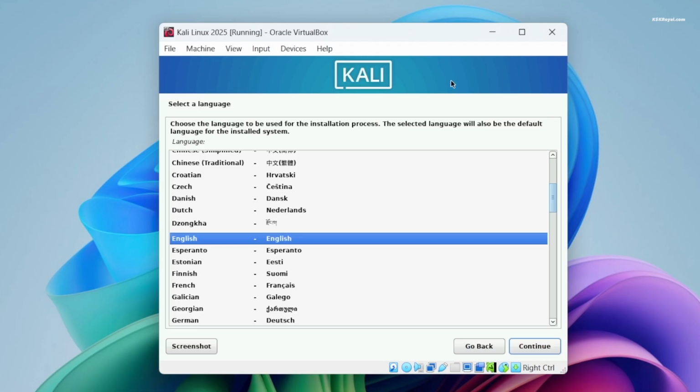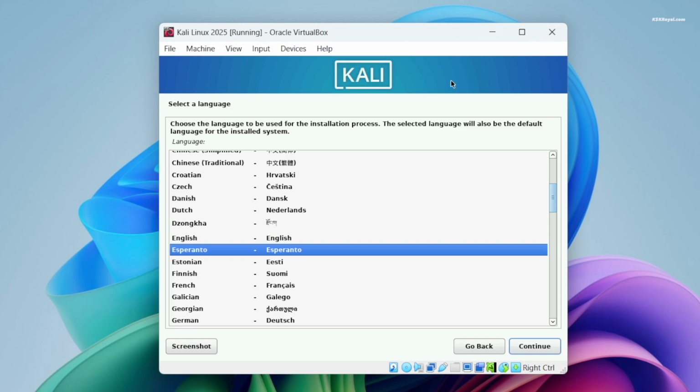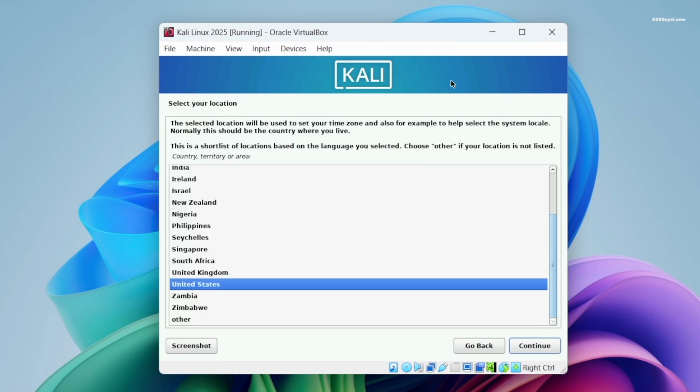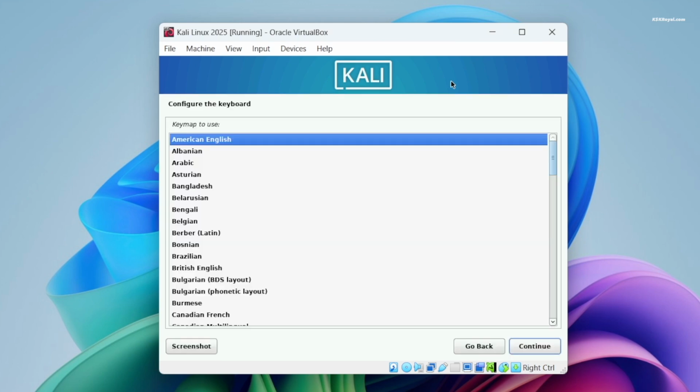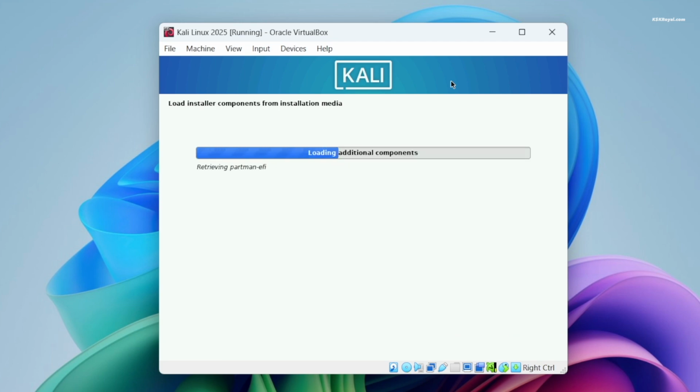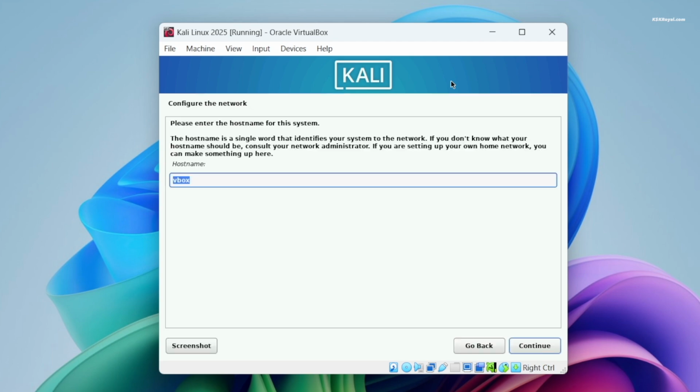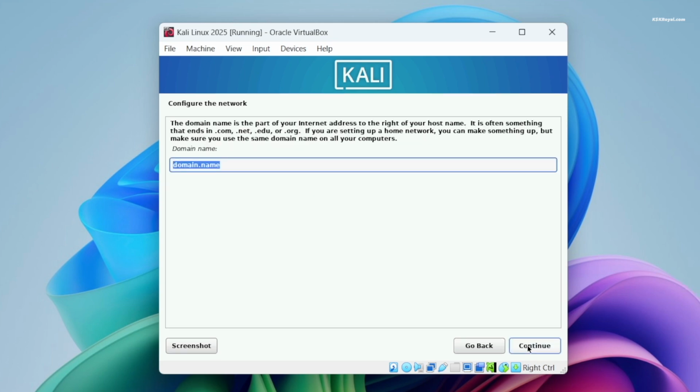Now select your system language, location and keyboard layout. Now set Kali as the hostname and click Continue. For the domain name, leave it empty.